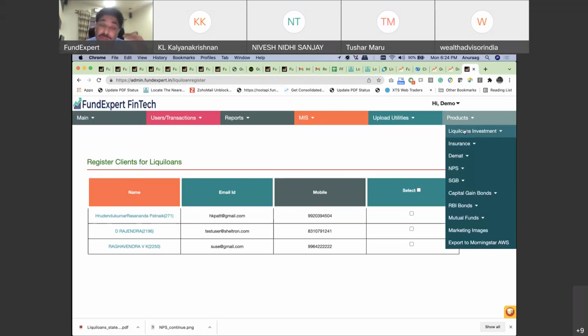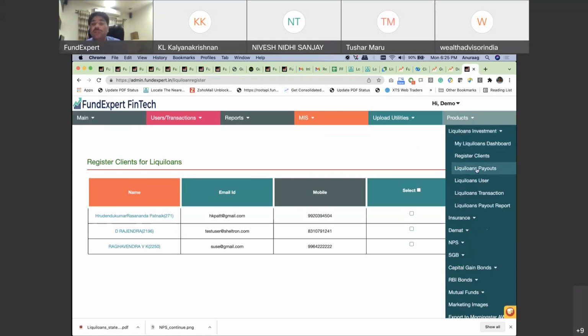Even if he goes directly to Liquid Loans, he will not be allowed to invest. It will say your account already exists, please contact your advisor. So whatever he invests, you will always gain the benefit. The payout on that will always come to you, whether he is with you or not, whether you are marketing it aggressively or not. You don't have to. The payout will automatically come to you. The clients get locked. So that's why we built a very interesting utility.